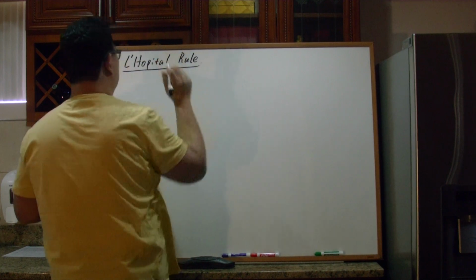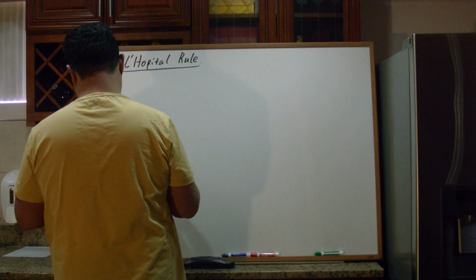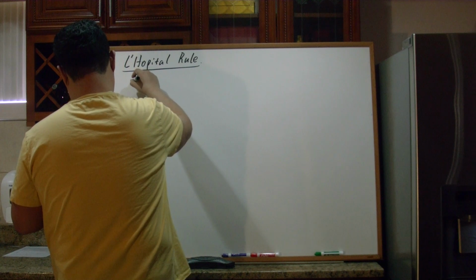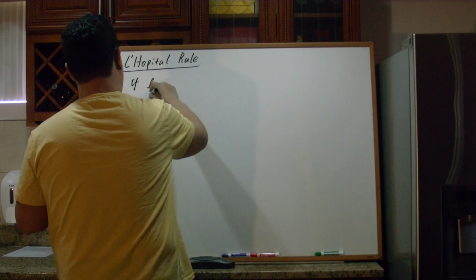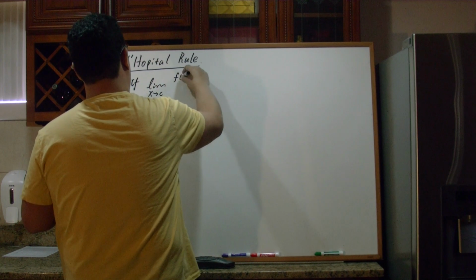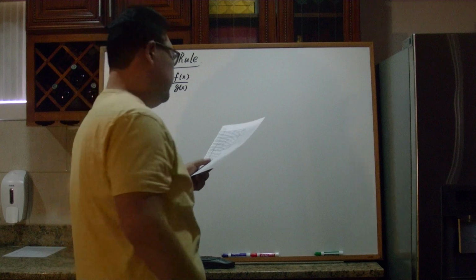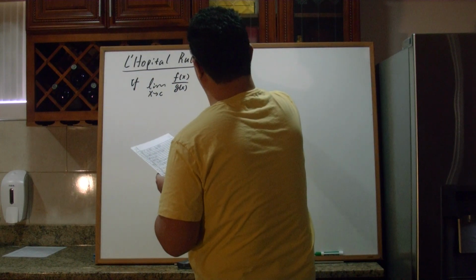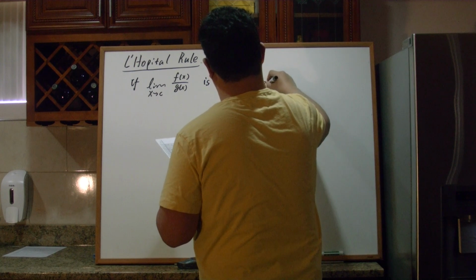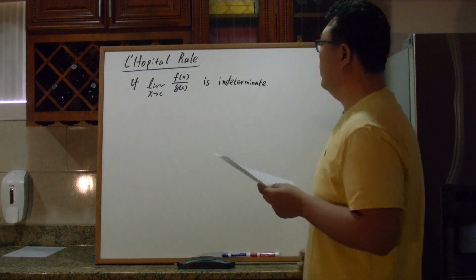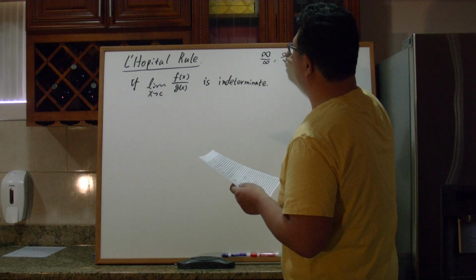If the limit as x approaches c of f of x over g of x, a rational expression, that is, the numerator over the denominator, is an indeterminate form, for example infinity over infinity or 0 over 0,